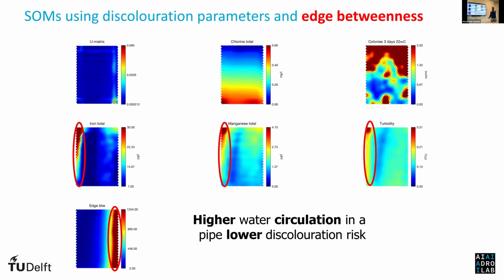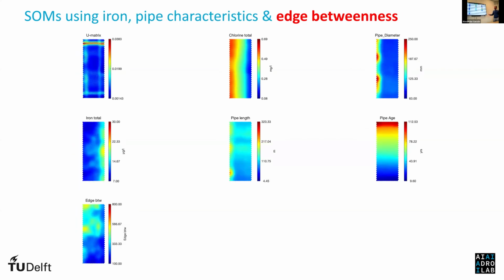If you remember what I presented before about the centrality metrics and what edge betweenness is, that makes more sense, because there is a continuity in higher water circulation in the pipes that have higher edge betweenness, and that's why you have lower iron and turbidity. We then went again to the pipes and introduced a parameter,